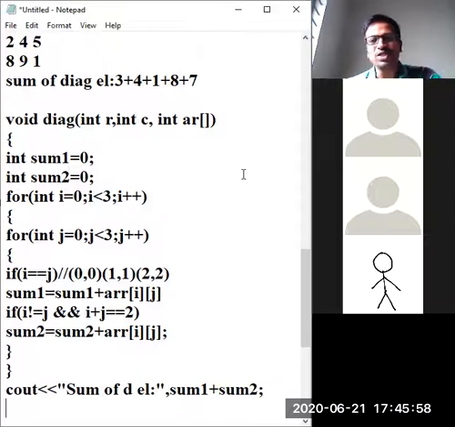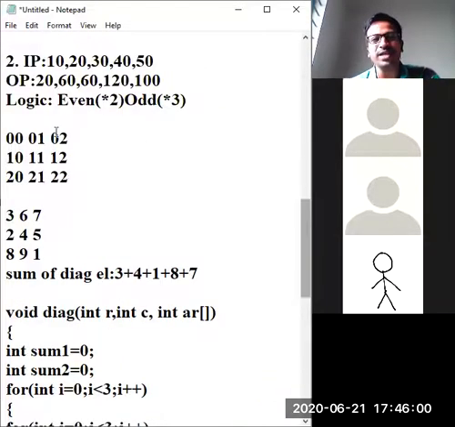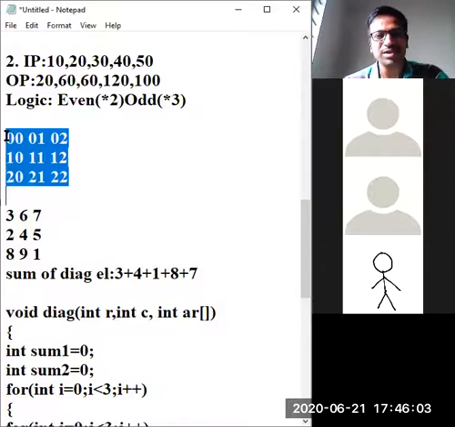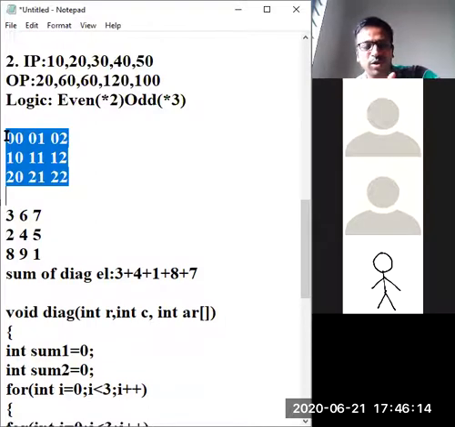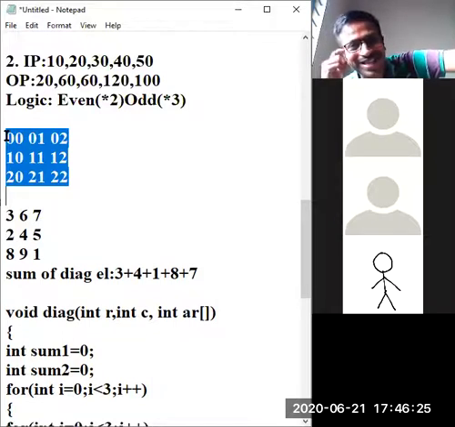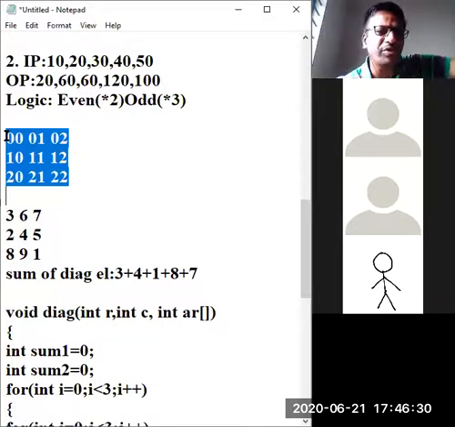So your strong and weak points, whatever are there, it is going to be this only. The heart is present in that only, whatever logic it is. It means you should be well versed with positions. Whether both row and column positions are similar or dissimilar, and if I add row and column positions, what will happen, and if I multiply, what will happen? 2 into 0, like that also you can think. In n number of ways you can think it. You will get some solution if you have a close look.